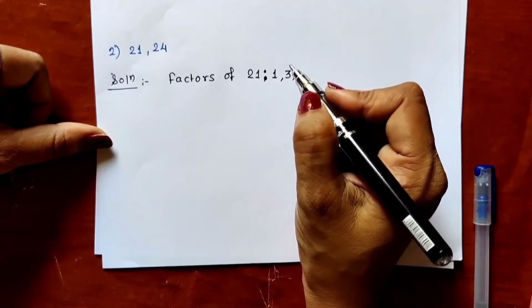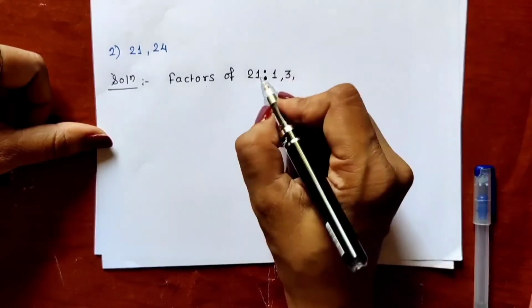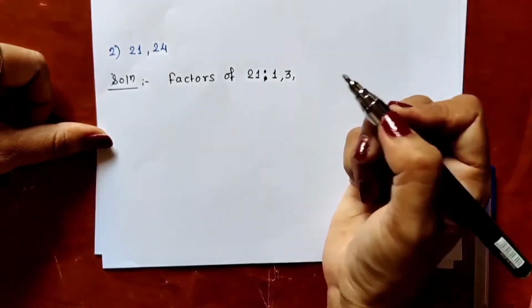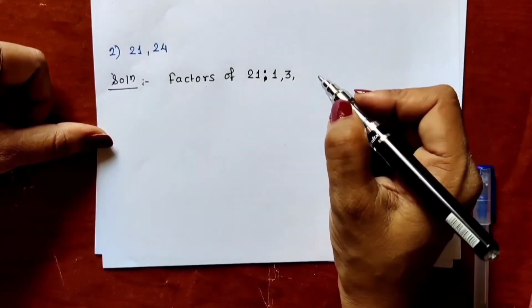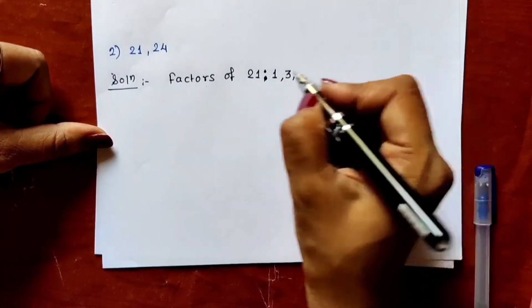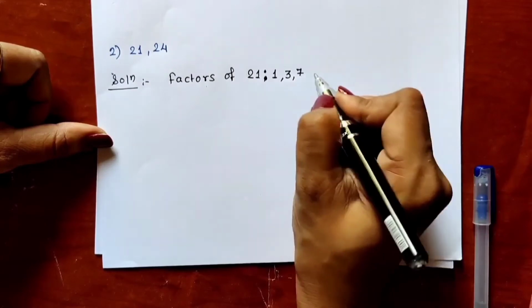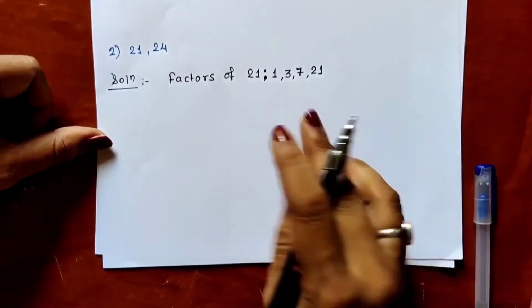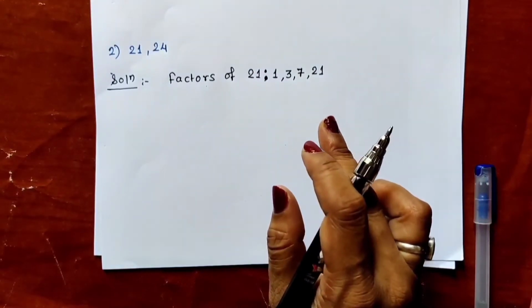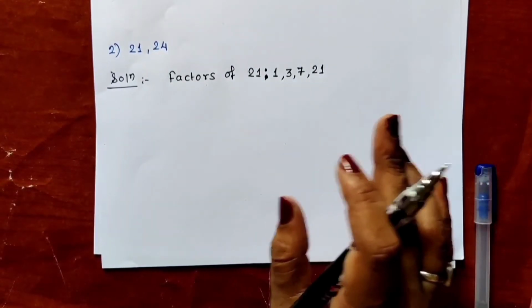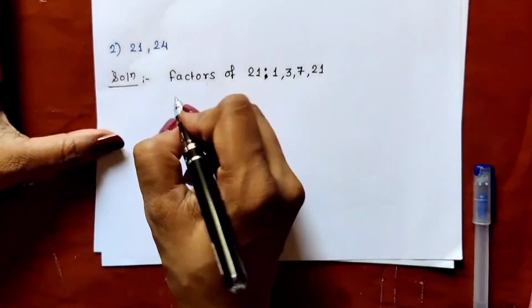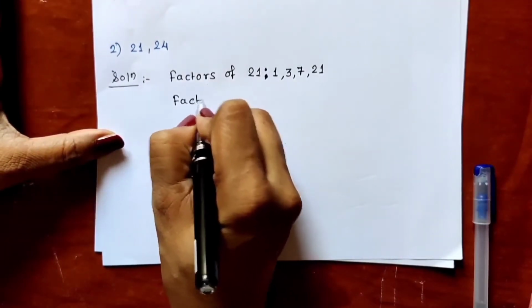It is not there in the table of 5, because 1 is there in the unit place. For the divisibility of 5, we require 0 and 5 in the unit place. Then it is not divisible by 6. Is it divisible by 7? Yes, 7 3s are 21. And after 7 it is directly divisible by 21. After 7 it is not divisible by 8, 9, 10, 11. No, directly it is divisible by 21. Now we will see the factors of 24.